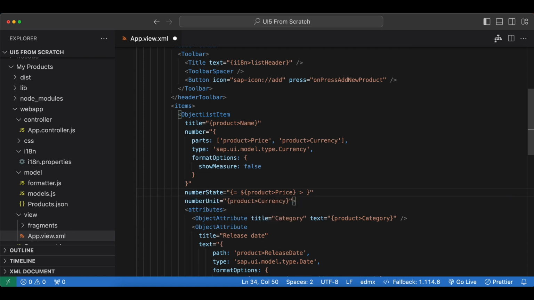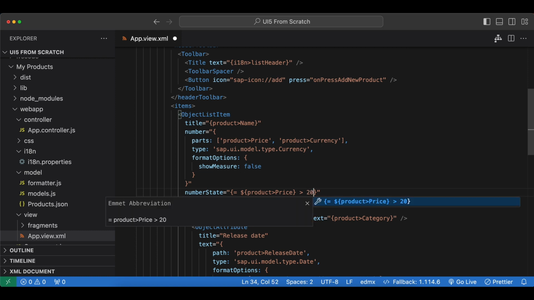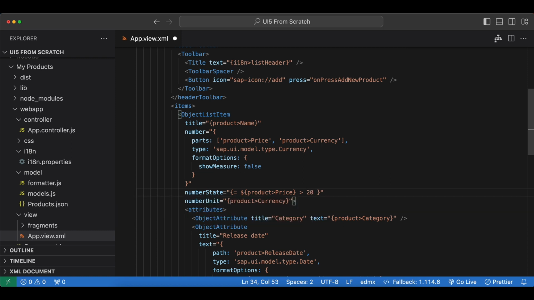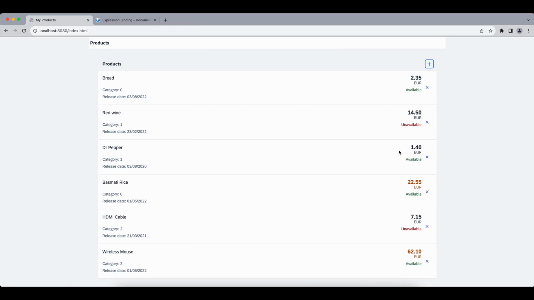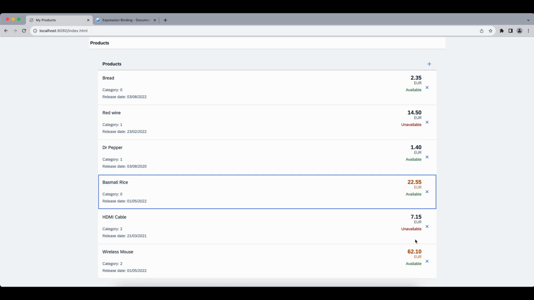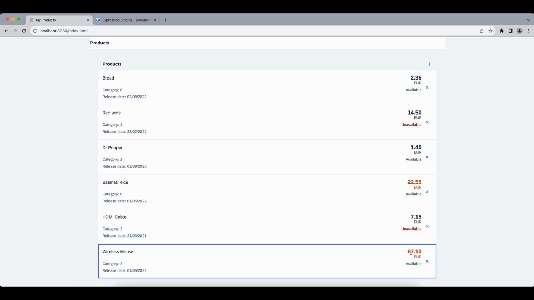And we will create a ternary expression here. We will say if product price is greater than 20, we want our number state to be warning, else we want it to be none. Let's save it, go back to our list, and there you have it. Prices greater than 20 euros are in a different state, a warning state, so we see them as highlighted in